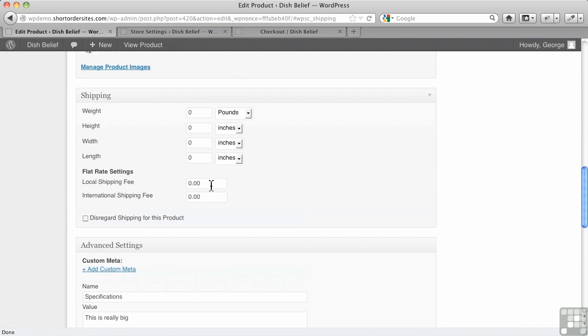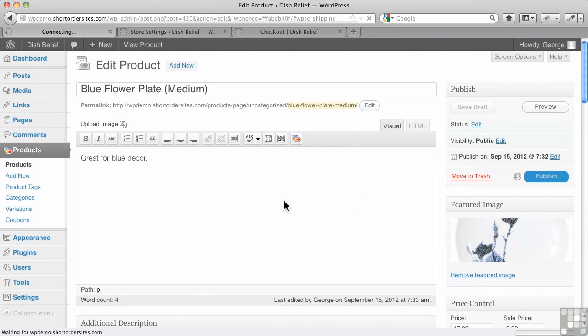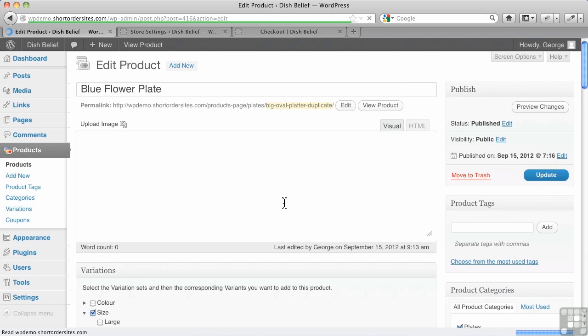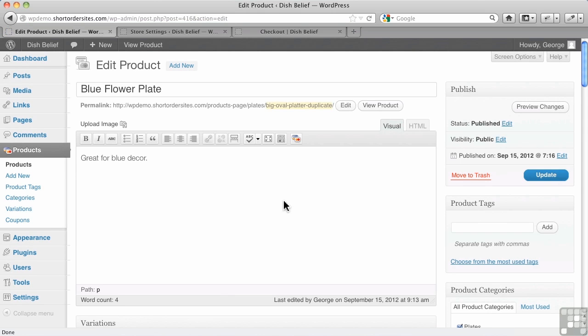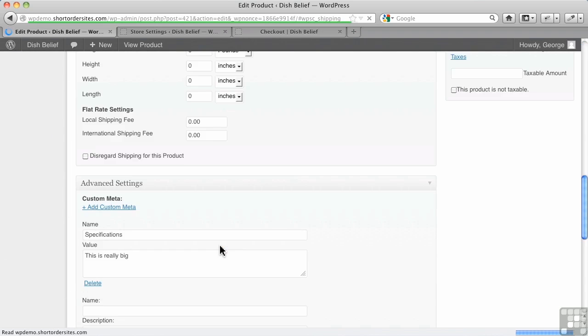Okay, so let me set it for medium, and I have to set it separately for each one. So let's just put that at $1. I'll just put these at $1 too, although we're not going to be using them. Now remember, it says publish here. You're actually working with the child product right now. It's blue flower plate that we're working with overall, but every time I work with the child, so for small,